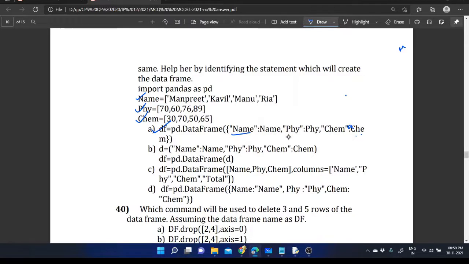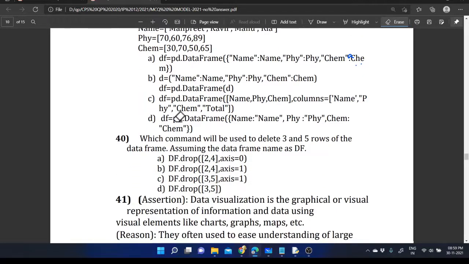Name and physics, whatever we provided within double quotes, that's taken as the column name, and those are the keys within the dictionary. Those keys we will take as the column names. That's the correct one. That's the mechanism for declaring a data frame from the list, and from the list we are providing a dictionary, and like that we are creating the data frame.